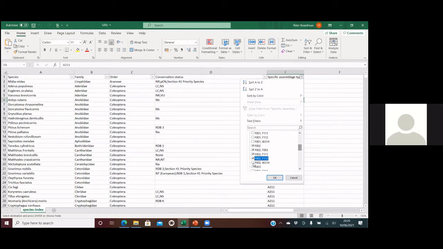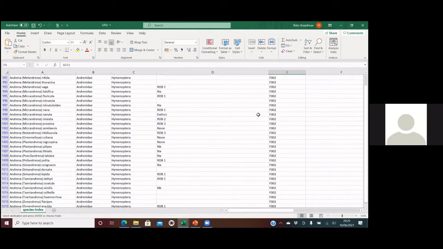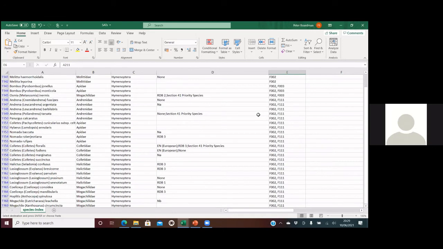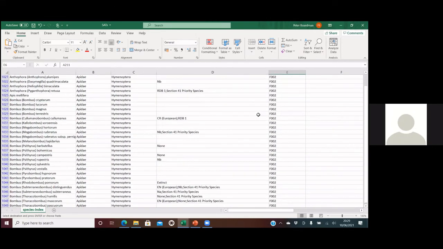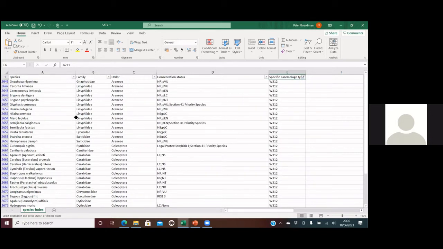There is some crossover with a couple of other assemblages. And now we have the list of everything in F002, which is the rich flower resource one we mentioned earlier. So that gives us a nice list we can look at, and that will influence how we go about the survey. And we'll do that once more with a different one. This time we'll go for the sphagnum assemblage, and that gives us an idea of exactly the species that we are looking at within the W312